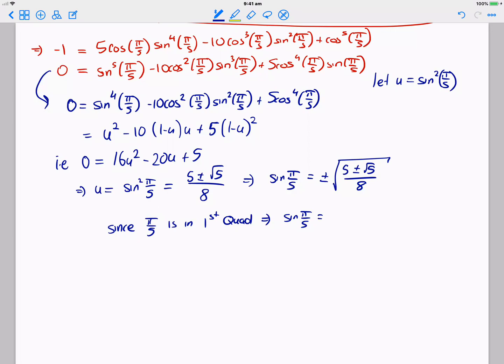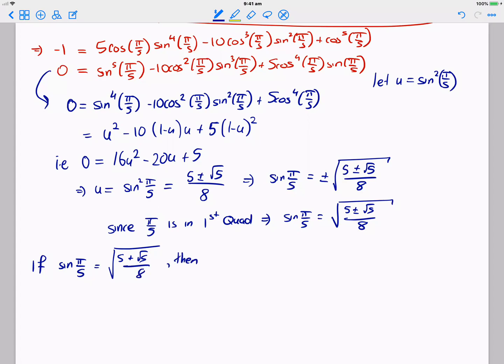So sine pi on 5 is going to be square root of 5 plus or minus root 5 on 8. Well, now the question is, within the square root itself, do I take the plus or do I take the minus? So that's a little bit tricky to see which one to do. The argument I'll show you is that if we take the plus, it leads to a contradiction. Because if sine pi on 5 equals root of 5 plus root 5 on 8,